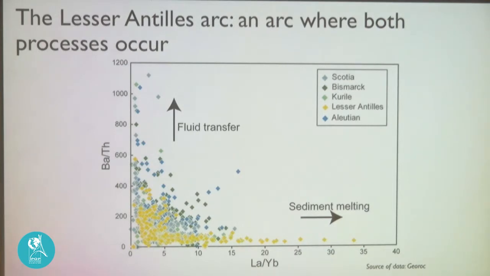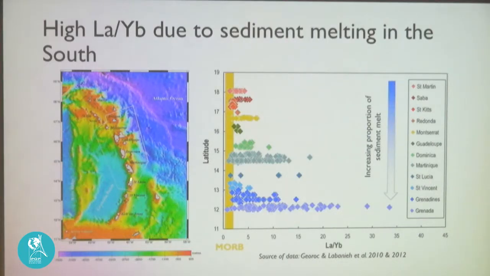And so it shows that the transfer from the mantle wedge to the arc can be done in two different ways, and it's not only fluid transfer, and it's not always fluid transfer. Sometimes the sediment melts. And just to show you that on the map, if I take the Lesser Antilles arc here and plot the data as a function of latitude, I take the index of sediment melting, and we see that in the north there is no change, no sediment melting, and a clear signal in the south of the arc.